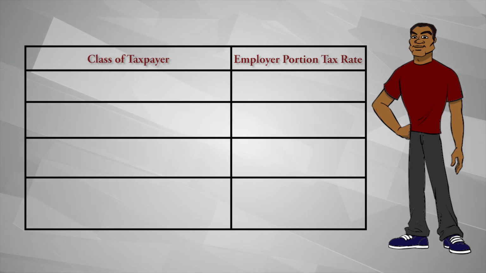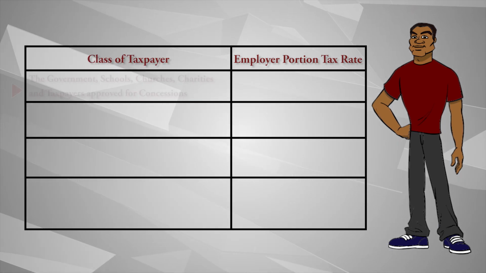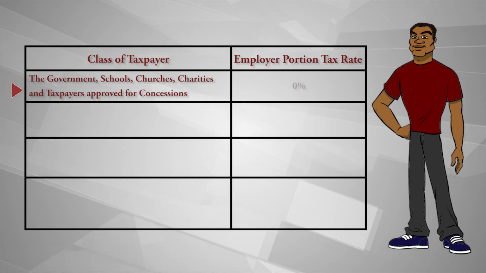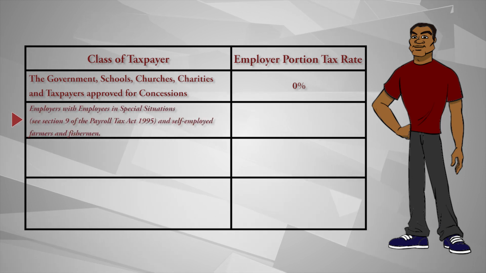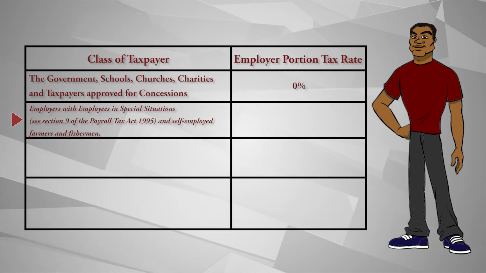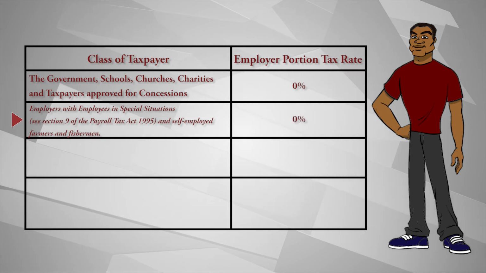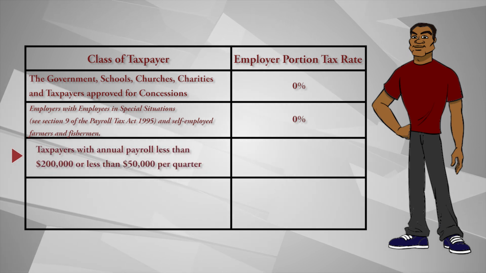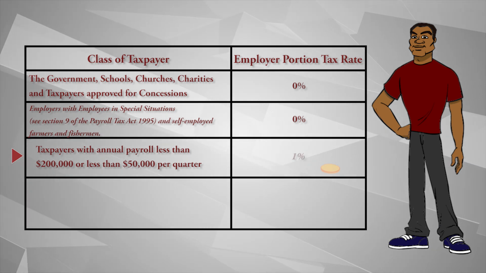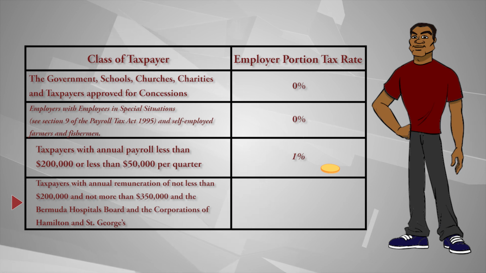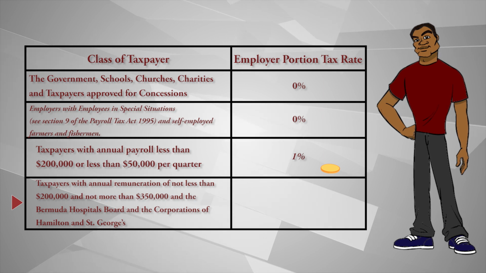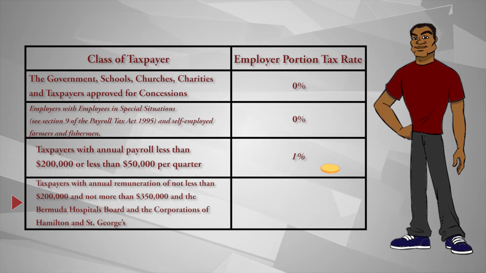Class of taxpayer and the employer portion tax rate. The government, schools, churches, charities, and taxpayers approved for concessions: 0%. Employers with employees in special situations, see Section 9 of the Payroll Tax Act of 1995, and self-employed farmers and fishermen: 0%. Taxpayers with annual payroll tax less than $200,000 or less than $50,000 per quarter: 1%. Taxpayers with annual remuneration of not less than $200,000 and not more than $350,000, and the Bermuda Hospitals Board and the Corporations of Hamilton and St. George's: